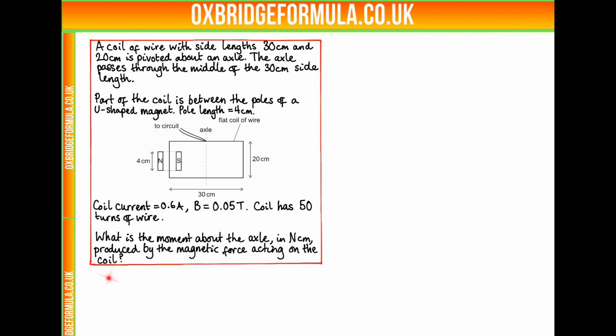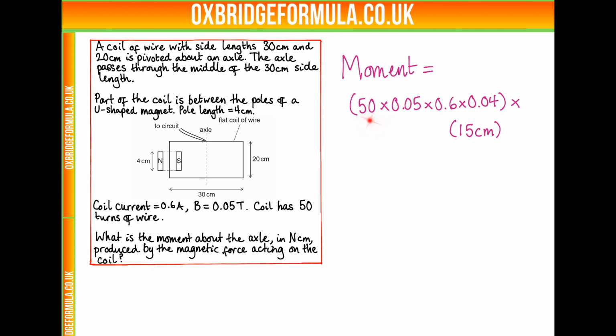So immediately when we think of a magnetic force and then also a moment, at the same time we should think force is BIL times the number of turns as well, because it'll experience a stronger force due to these 50 turns, and then also times the perpendicular distance. So putting all these numbers in together to get the moment using F equals BIL and then times by the distance, we have 50 for the turns times magnetic field times current times the actual length in the poles,